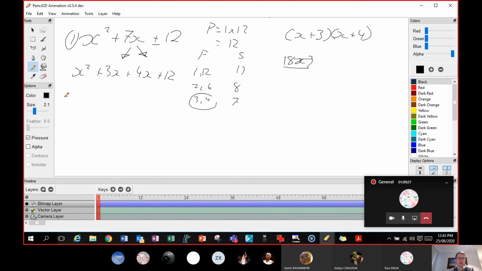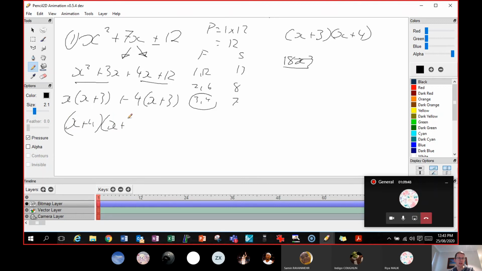Take out your common factor here. Well, the only thing I can take out from here is x, leaving x plus 3. Here I can take out 4. You always need to take out your highest common factor. 4 is going to leave me with x plus 3. Aha, they're both multiplied by the same thing: x plus 4,